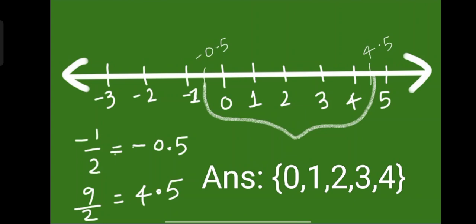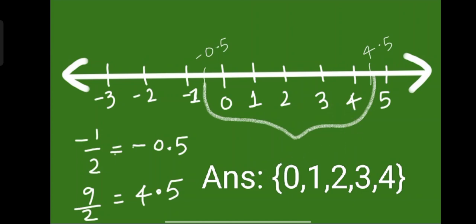Okay, so does it mean that we can write 2.5, 1.5, 3.5 etc.? No, we can't write decimals, since it is specified that our answer should be an integer. Okay, so it should be whole numbers, since we can't write any negative numbers, we can tell that the answer will start with 0 and end with 4. Okay, 0, 1, 2, 3, 4 will be our answer.